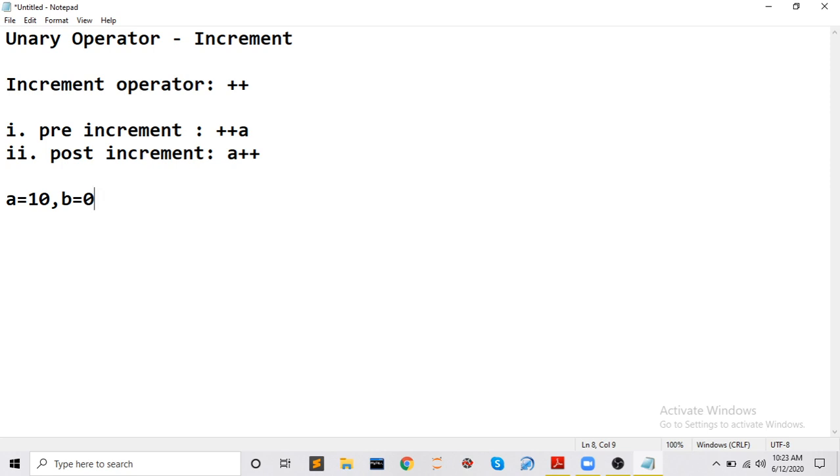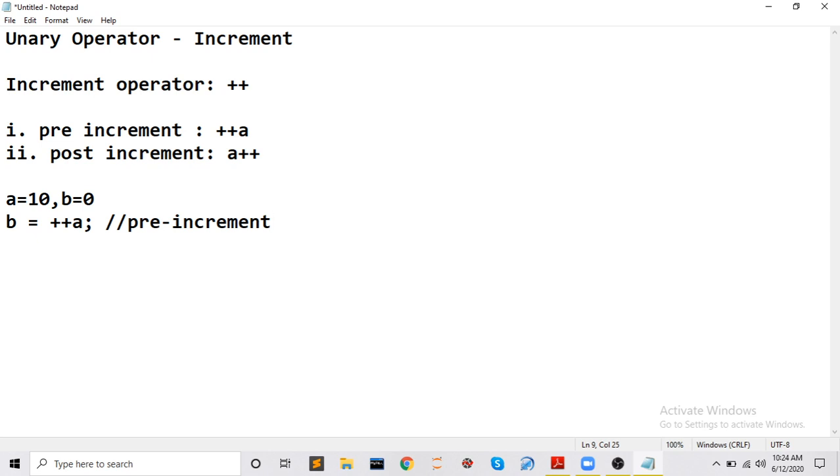If I write b equal to plus plus a, now the very first step is to identify whether this is pre-increment or post-increment. Since the operator is before the operand, it is a pre-increment operator.